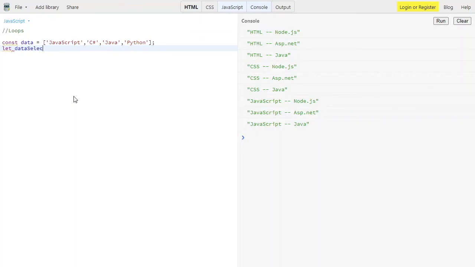Then I'm putting let dataSelected. I'm not declaring it, I'm just initializing, so I'm using a while loop.